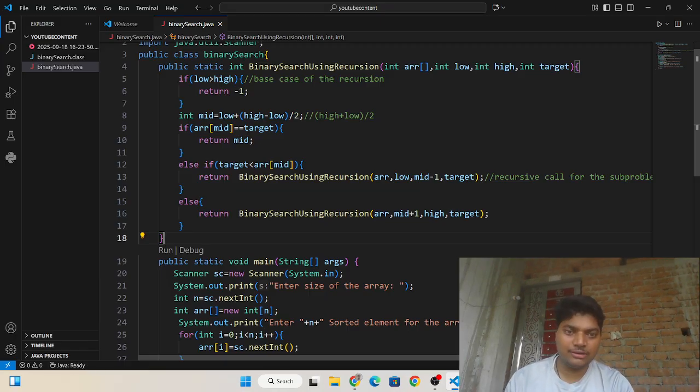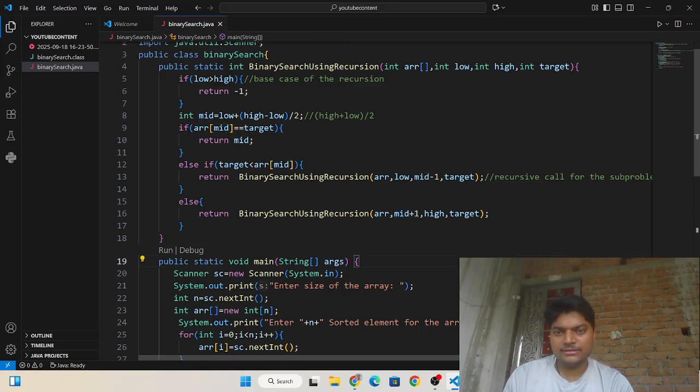That's why I am writing here high equals mid minus 1. If it is not on the left side, it will be on the right side, so your low will move towards the right of the middle element of the array. That's why I modify low to mid plus 1.